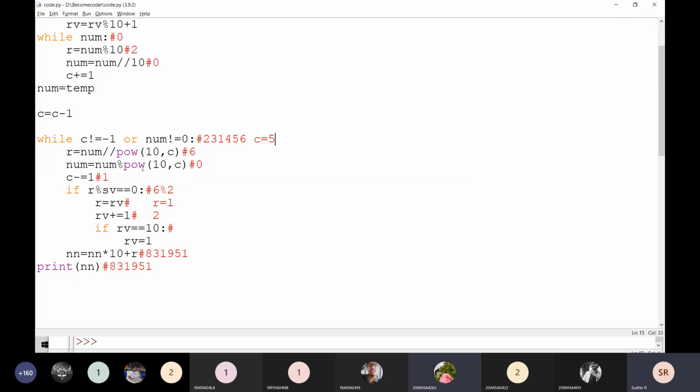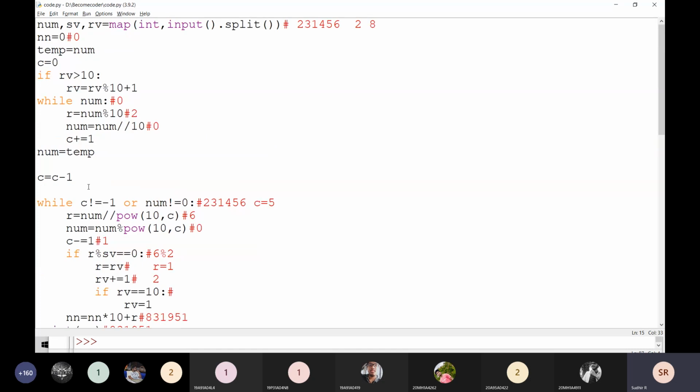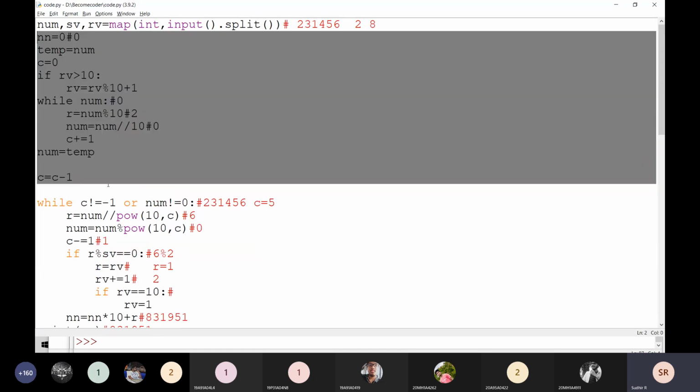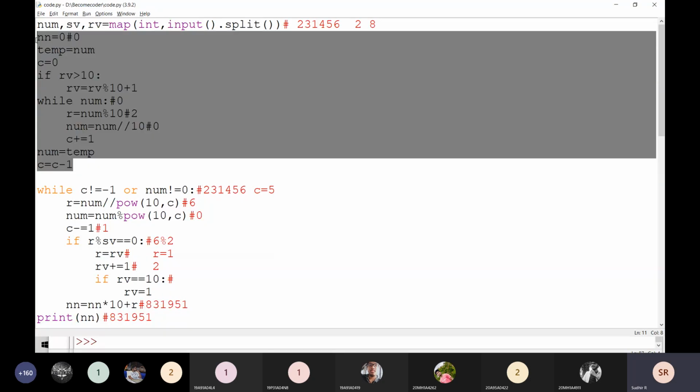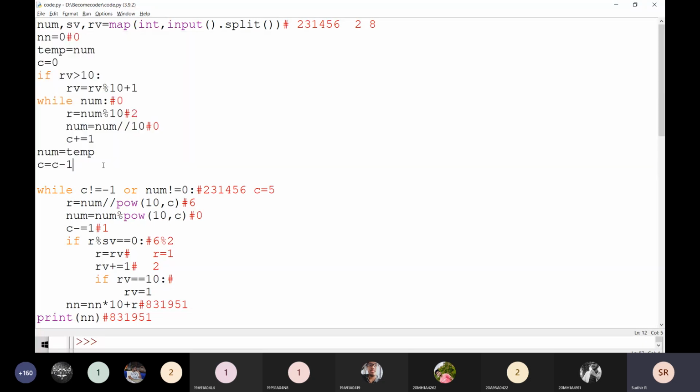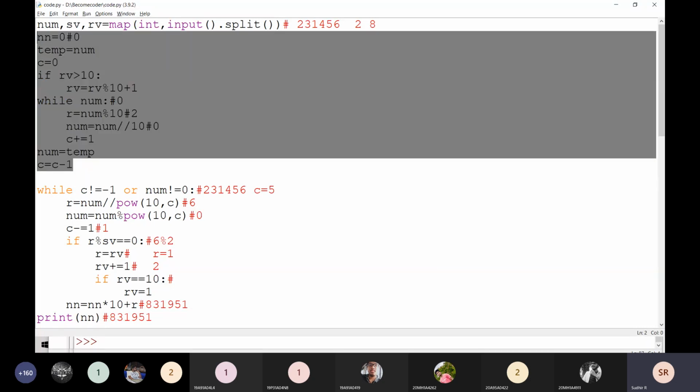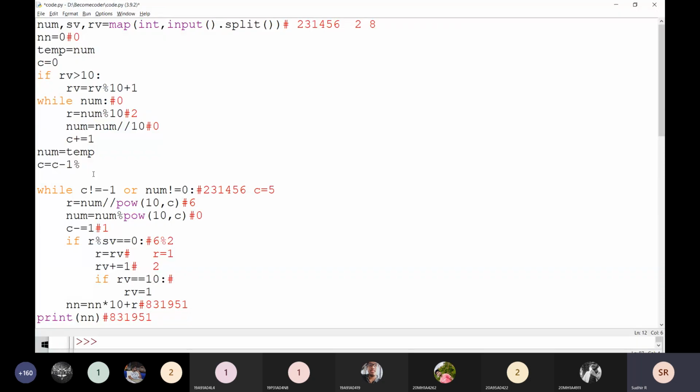Okay, definitely. After this it is clear, right? This is going to be finding the number of digits, how many numbers are there inside it. This is the logic. This logic is not changing at all. Okay, here it is going to be with 5. I'm going to convert this number like this, and how it is working here.